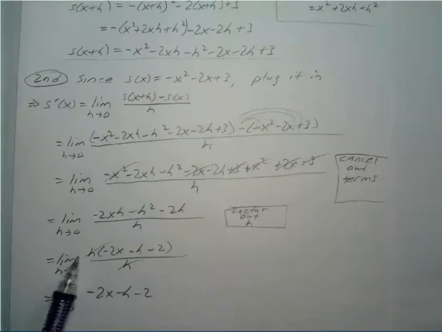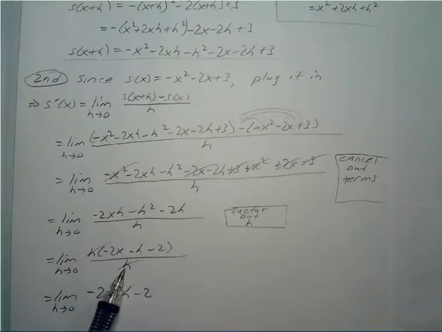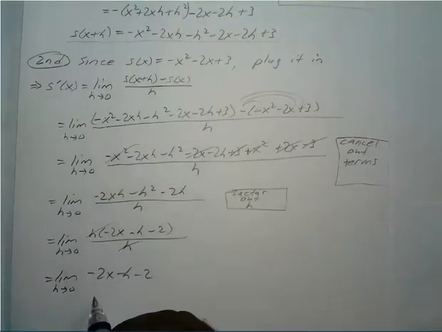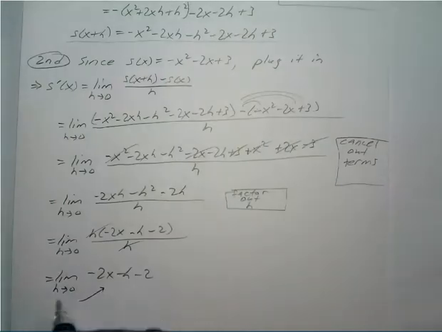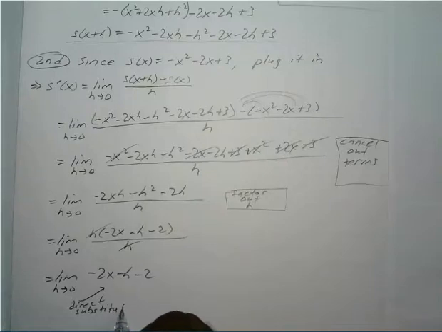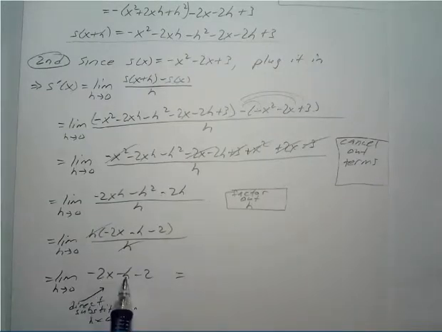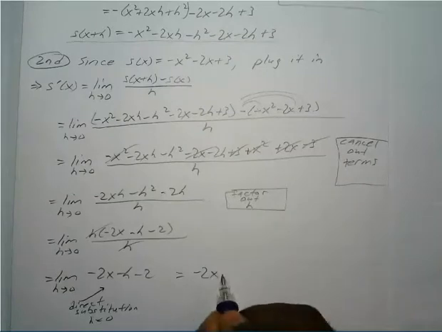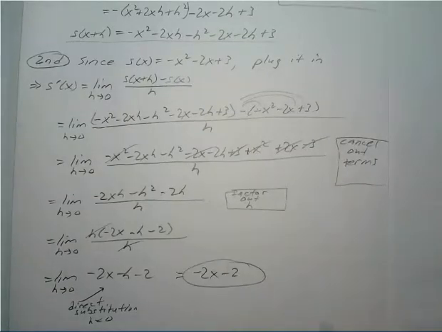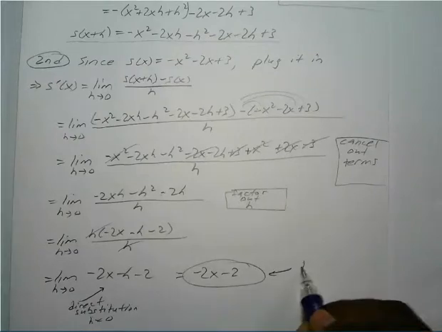Okay, now you notice before we canceled out, we could not plug in h equals 0 because that had an undefined denominator of 0. But now we can plug in h equals 0. Direct substitution, h equals 0. So if you plug in h equals 0, it only gets rid of that middle term. So you have negative 2x minus 2. Okay, so that's our derivative